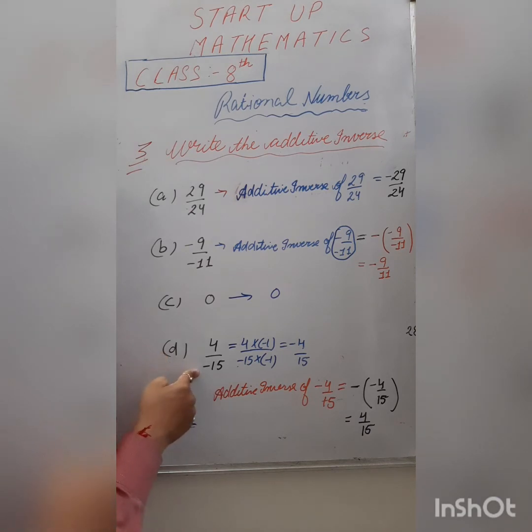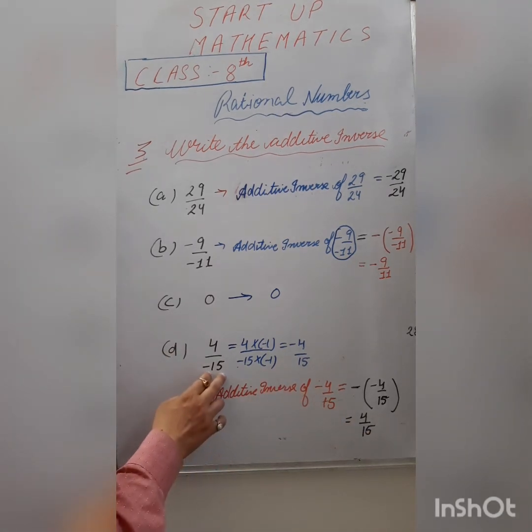Again this 4 upon minus 15, again it is a negative rational number. तो negative rational number का जो additive inverse होगा that is always positive, right? So you firstly make the denominator positive because in standard form your denominator is usually positive, right? So these are the questions based on the commutative property, associative property, and the additive inverse, right? So you have to try the questions of this exercise, that is 1.2.